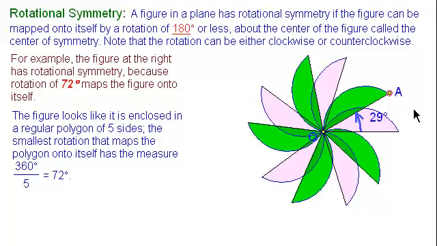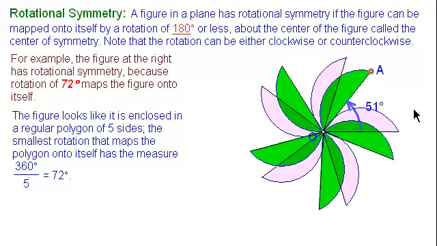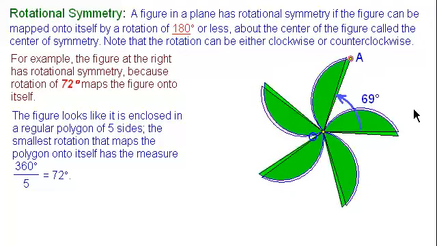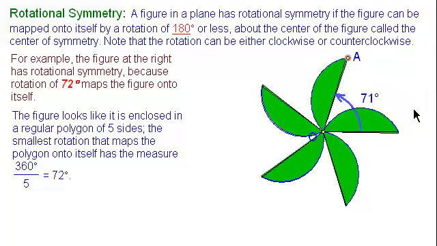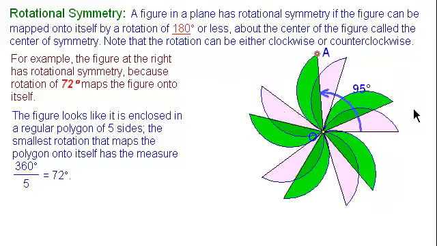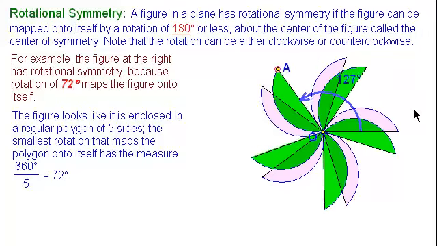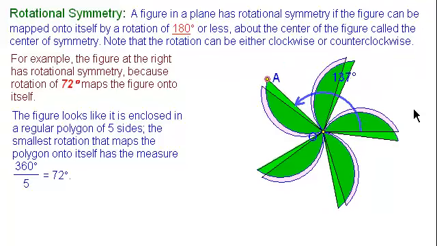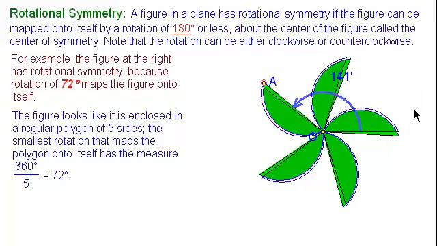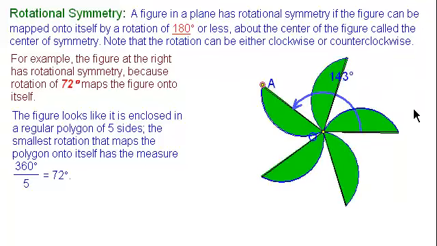The angle right now is 29 degrees, and I'm going to move it. If I keep moving, the rotational symmetry of this figure is going to be 72 degrees, the least one, and then if I continue, it makes another symmetry which is 72 degrees added, so that makes it